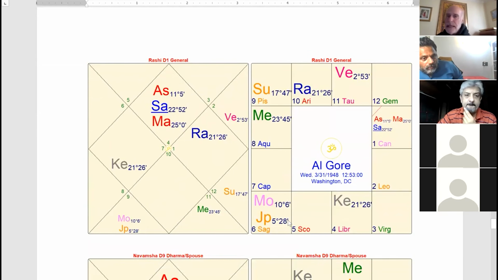Some may recognize the name Al Gore. He was the vice president in the Clinton administration, 8 years vice president, and then became the Democratic candidate in the 2000 election. I predicted that his opponent Bush would win. It was one of the closest elections in US history. Some said he actually probably won the election and it was stolen from him by some things that happened in Florida. But nonetheless, he didn't become president, but he was vice president for 8 years.